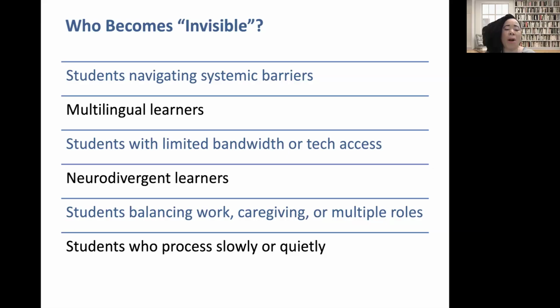Students balancing work, caregiving, or multiple roles. So a lot of our students are working. They're working to supply money for school, or they're working to help their parents out in the home environment, or they're caregiving for a parent or a guardian, and we don't take that into consideration. We don't say, do you